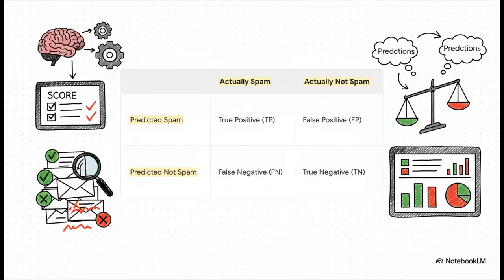Exactly what we want. And this is how we organize all 4 of those outcomes. It's called the confusion matrix. Don't let the name scare you. It's basically the ultimate scorecard for our AI. You can see how it maps out what the AI predicted versus what was actually true. This simple little grid gives us a really powerful at-a-glance snapshot of how our AI is performing.